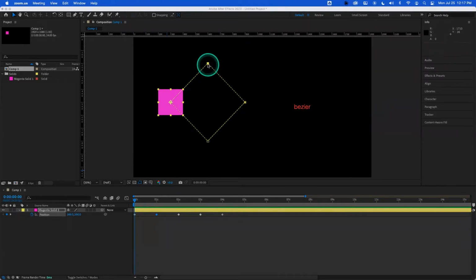Now, these points right here, these are called vertex points on the screen, and these vertex points are basically what's considered a linear vertex point. They're considered linear vertex points. Well, we want to change them and make them Bezier vertex points, and the easiest way I found to do that is through a function here,